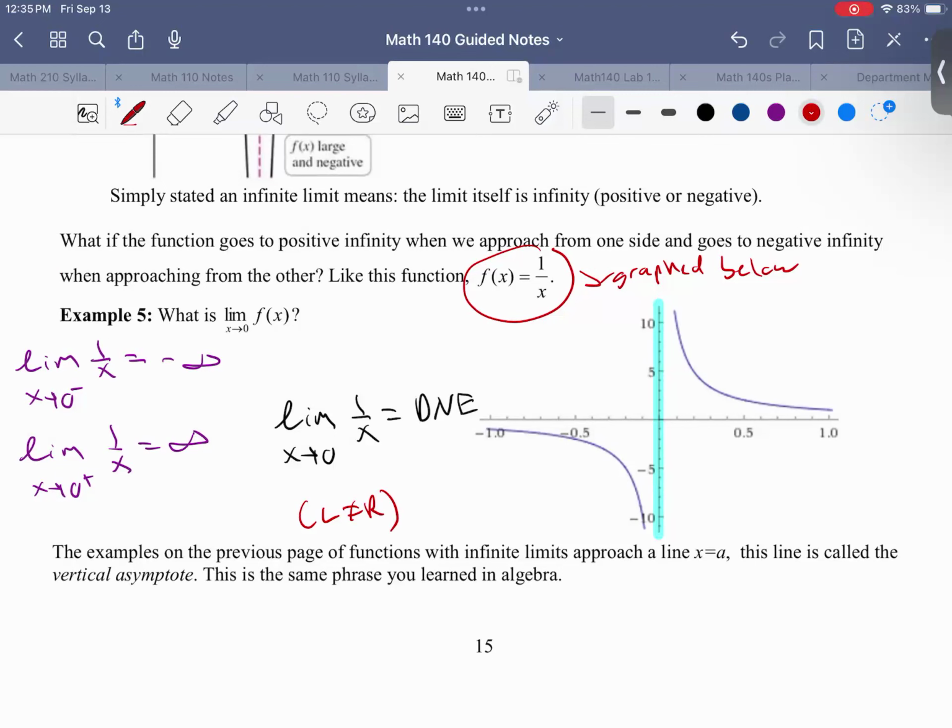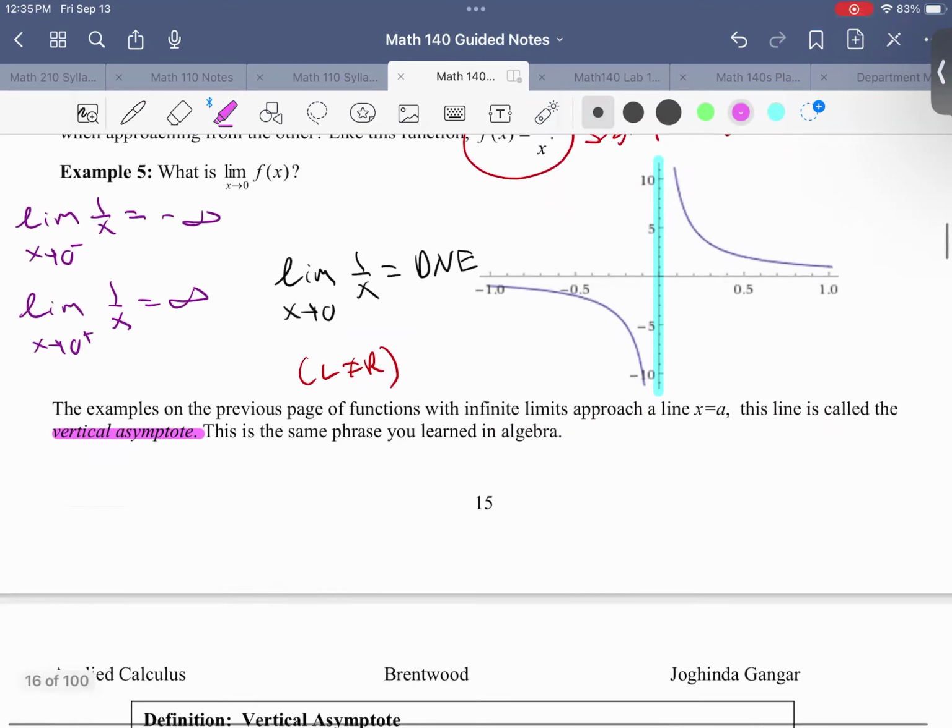So this leads us into the topic, which you've heard this phrase before, I assume, is vertical asymptotes. So these limits that go off to negative infinity or infinity when we approach a specific line like x equals a, here with x equals 0, but in general, this line is called the vertical asymptote. This is a phrase you probably should have heard in your previous algebra classes. So let's go ahead and check out